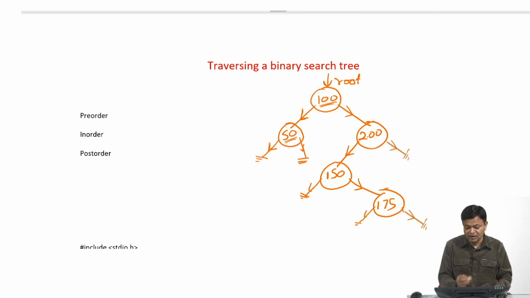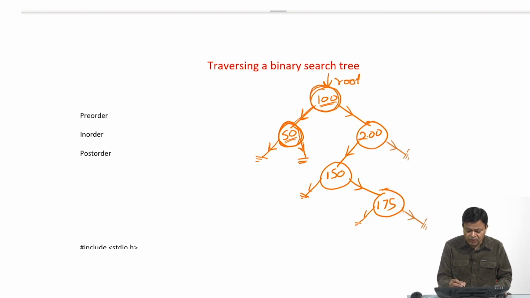So, we come back to this node, and then we go towards right, which is also null. So, we come back to this node. We have done all three things here: we processed this node, we went to left and came back, we went to right and came back. All three activities are done at this point. So, we go back to 100.